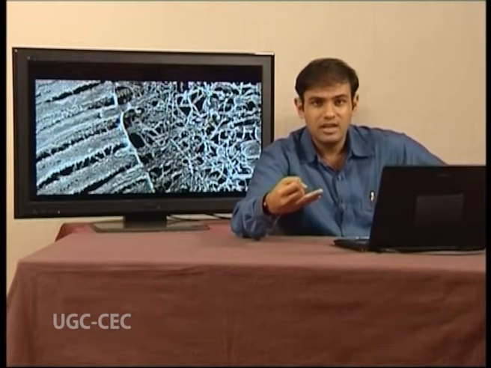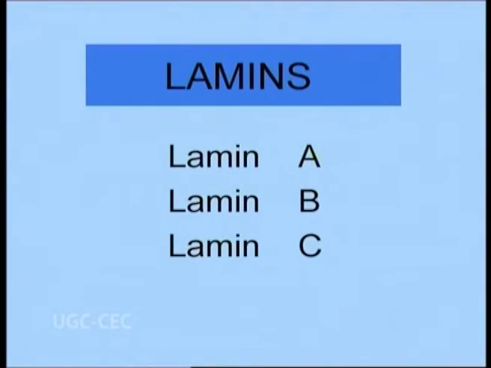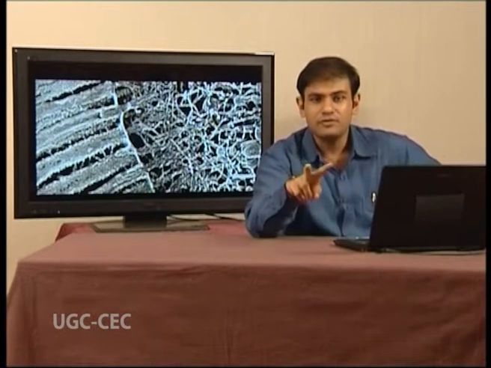So, now having learnt the structure of the intermediate filaments, we move on to the different classification of the intermediate filaments. These are the keratin filaments, the lamin filaments, the neurofilaments and the type 3 intermediate filaments. The lamins are found exclusively in the nucleus. The 3 lamins included are lamin A, lamin B and lamin C. Moving on to keratin. Keratin is a type of intermediate filament which is made up of protein, and it has many different isoforms. Its isoforms are basically divided into 2 main categories. One is the hard and the other is the one which is found in the internal cavities.